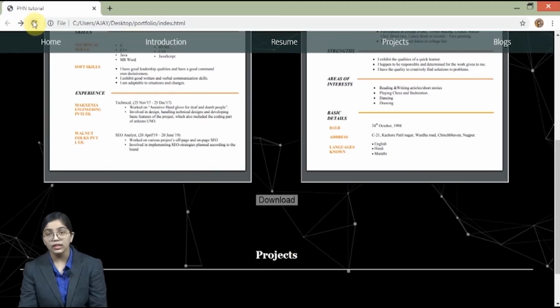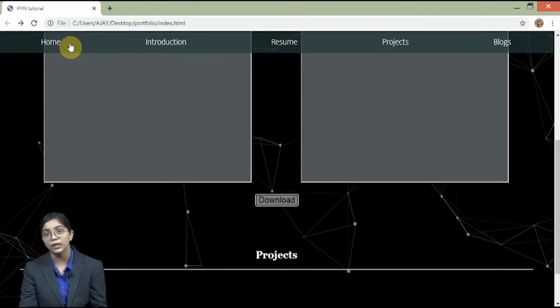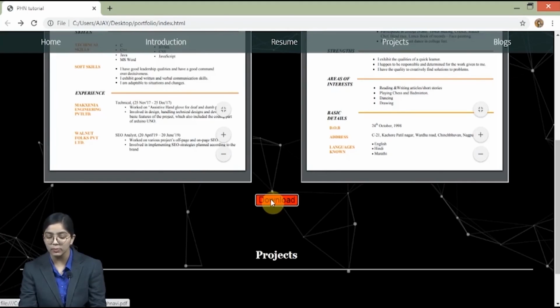Now we'll discuss a lot more about pseudo class selectors in the upcoming tutorials, and also we will animate these particular elements which we are using right now. Now you can see whenever I hover on that download button, it is turning red. Now there are so many attributes and values which you can try. So the creativity depends on you. So we have now created our resume section.